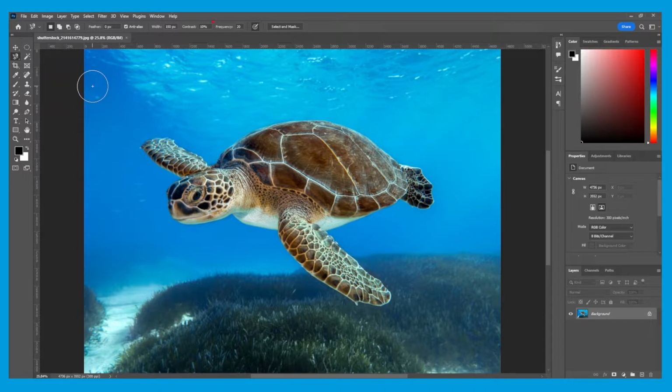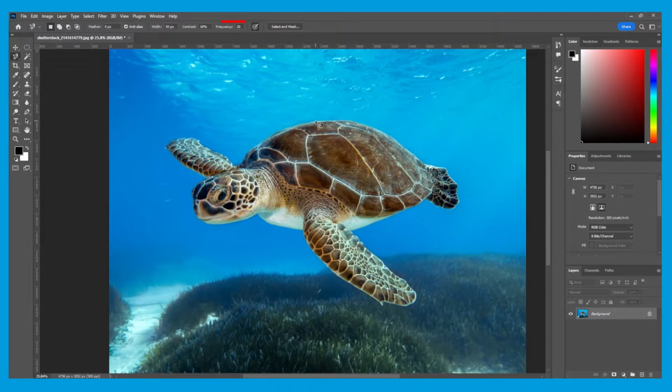The other option we need to figure out is contrast. This setting determines how much of a difference there needs to be in colour and contrast values between the object and its background. The default is 10%, and I think this is perfect for an image like this, so I'm going to leave it at that. However, you can change it to a higher or lower percentage. Another option is frequency. As you drag along the edges, the lasso tool will drop anchor points. This value determines the distance between them.